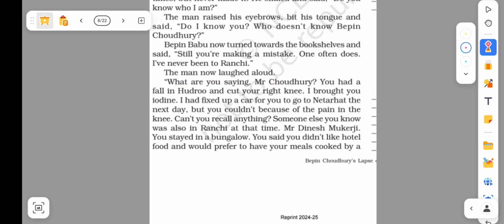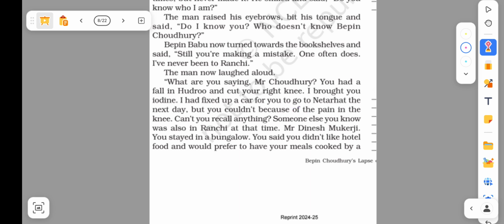The man now laughed aloud. "What are you saying, Mr. Chaudhuri? You had a fall in Hudru and cut your right knee. I bought you iodine. I had fixed up a car for you to go to Netarhat the next day, but you couldn't because of the pain in the knee. Can't you recall anything?" So, Bipin Chaudhuri had an accident in Hudru, Hudru Falls, and also had a wound in his right knee,